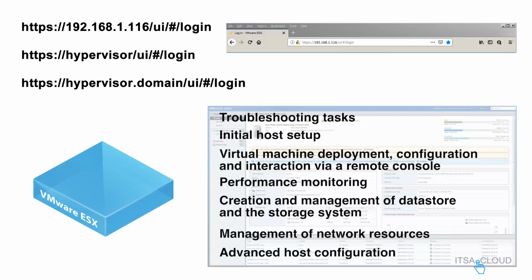So from the host client, you can do troubleshooting tasks, initial host setup, virtual machine deployment, configuration and interaction via a remote console, perform monitoring, creation and management of data stores and the storage system, management of network resources, and finally advanced host configuration.